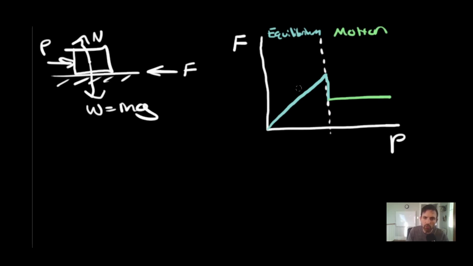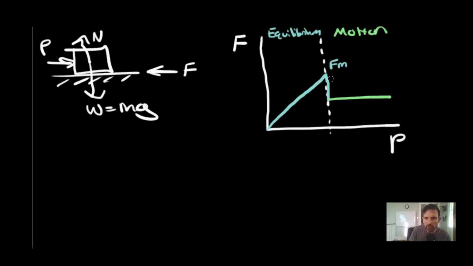During this whole blue region here, you are in equilibrium. The block is not moving, and as you increase your force one for one, you have an opposing friction force that matches that pushing force until you hit this apex here, which we are going to call our friction